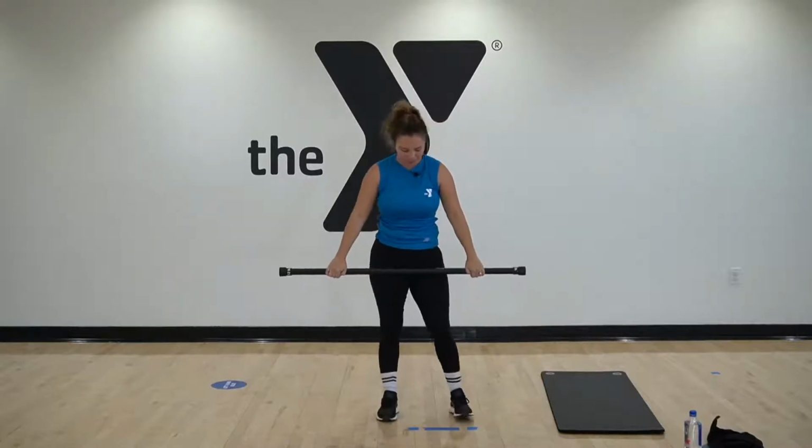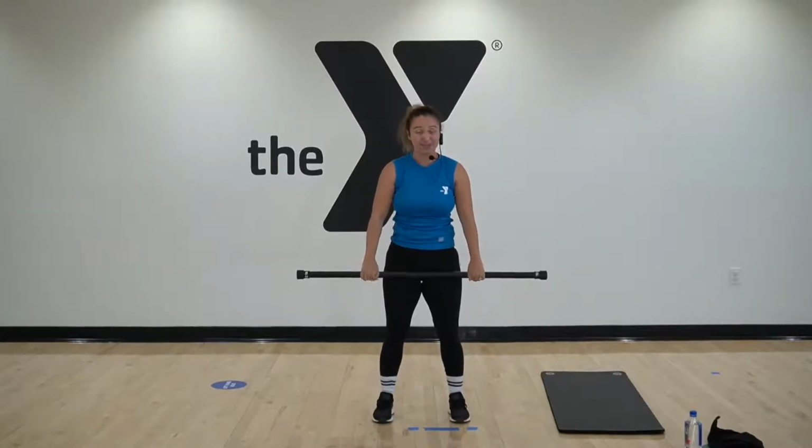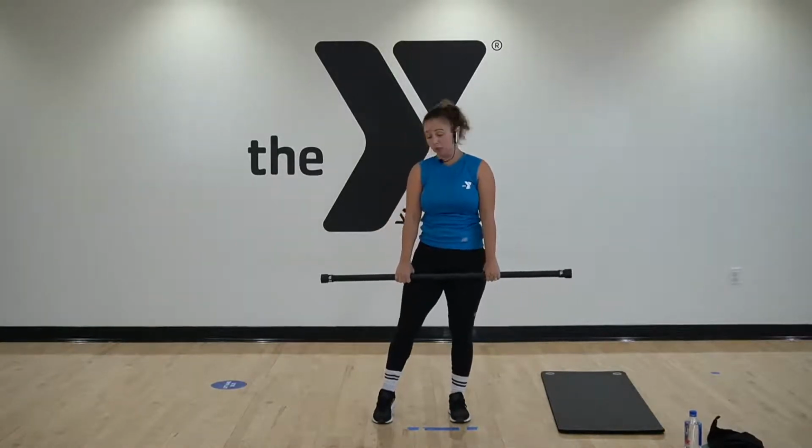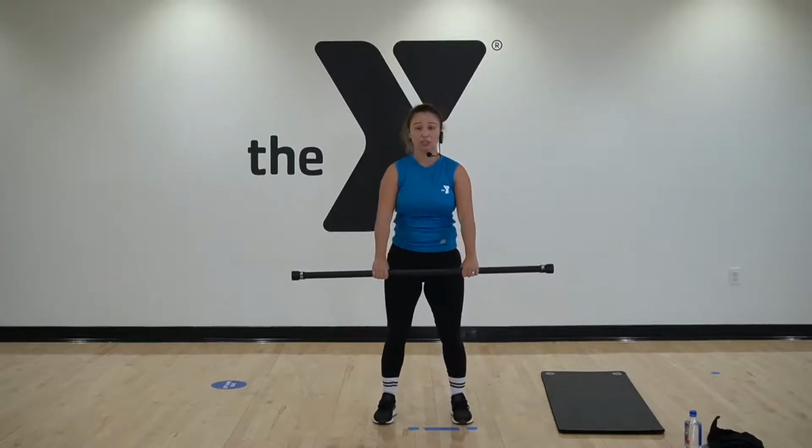We're going to stay standing for this workout. I'm going to bring my hands in just a little bit. We're going to go to a front raise, again targeting the front portion of our shoulders. And all we're going to do is just bring that body bar up in front of us and then bring